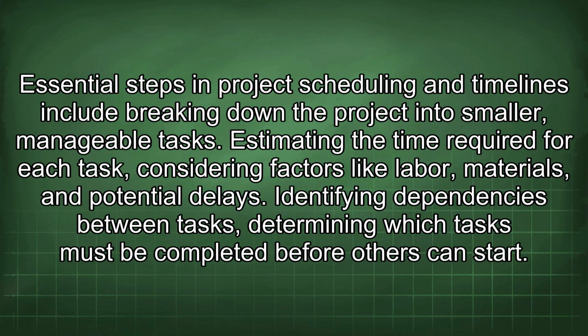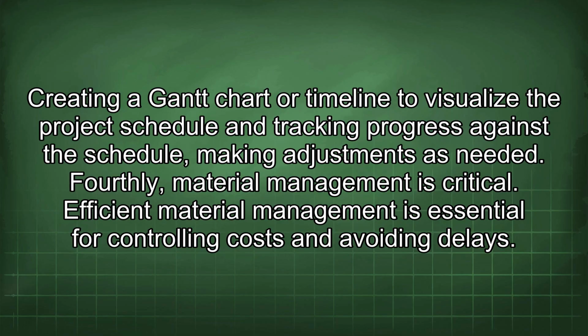Essential steps in project scheduling and timelines include breaking down the project into smaller, manageable tasks. Estimating the time required for each task, considering factors like labor, materials, and potential delays. Identifying dependencies between tasks, determining which tasks must be completed before others can start. Creating a Gantt chart or timeline to visualize the project schedule and tracking progress against the schedule, making adjustments as